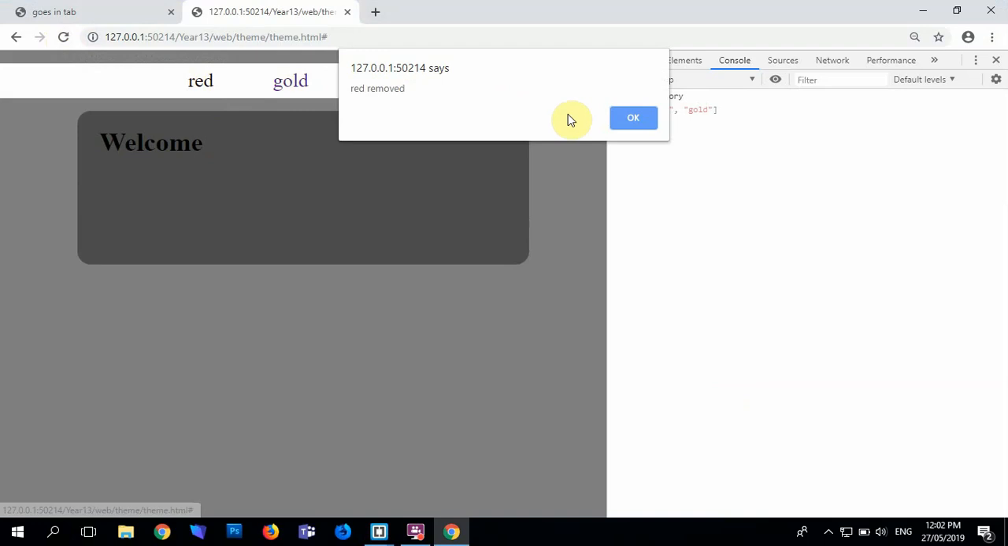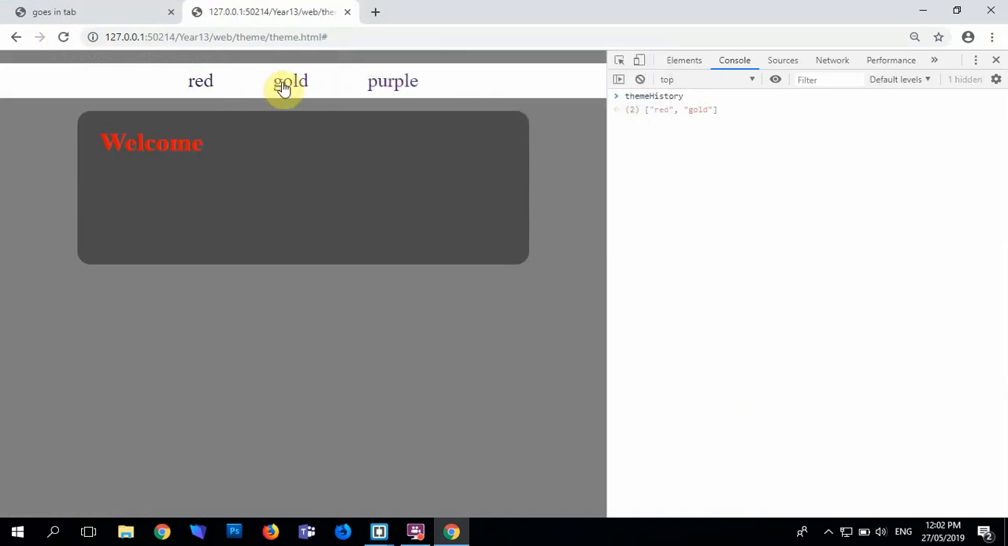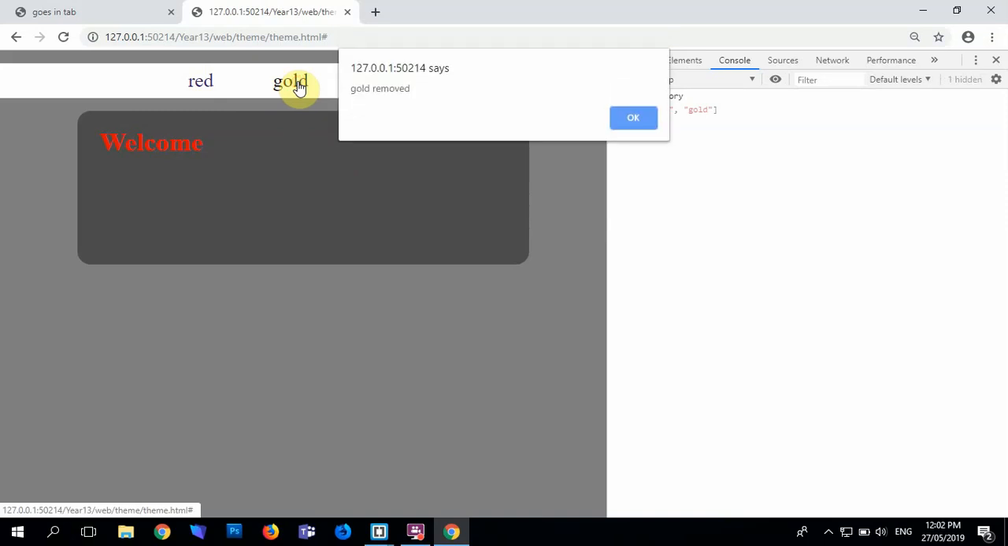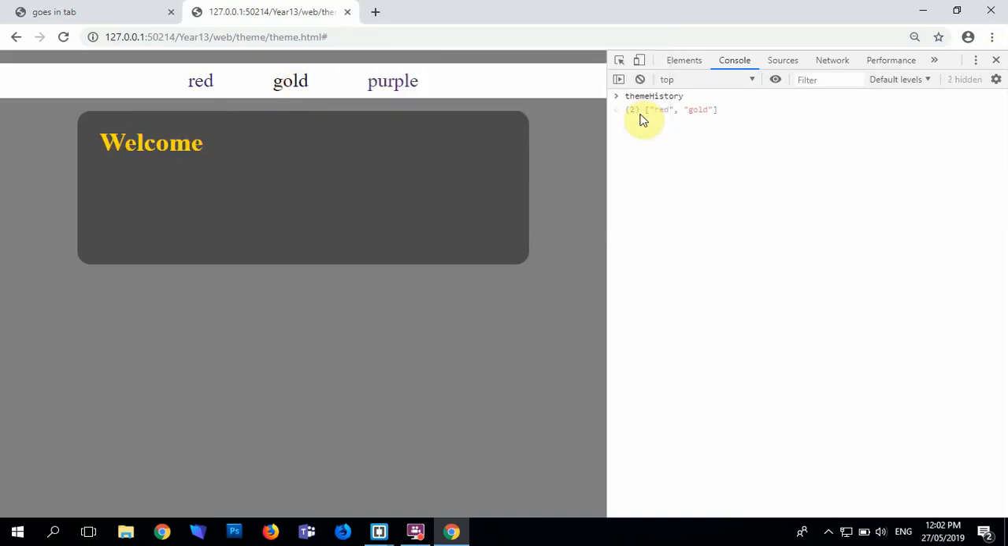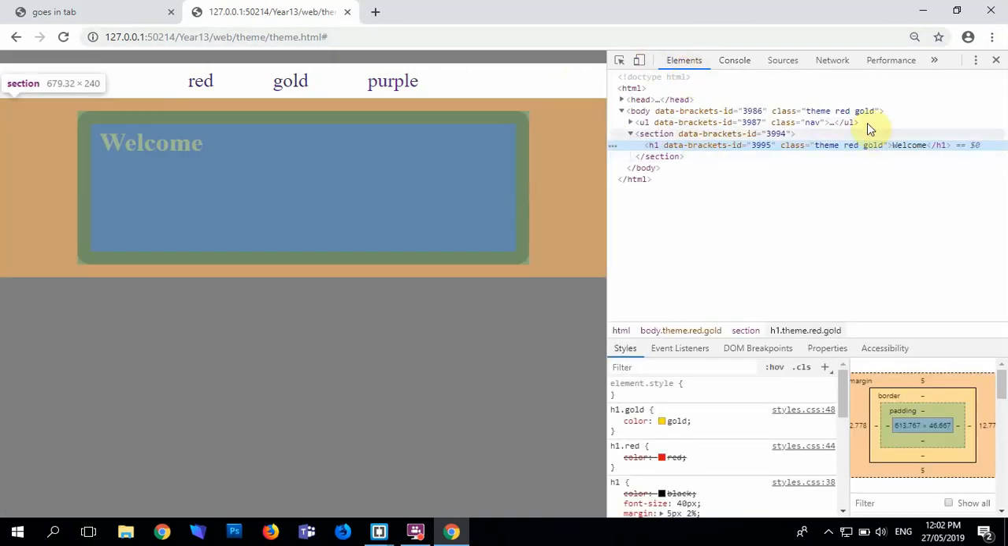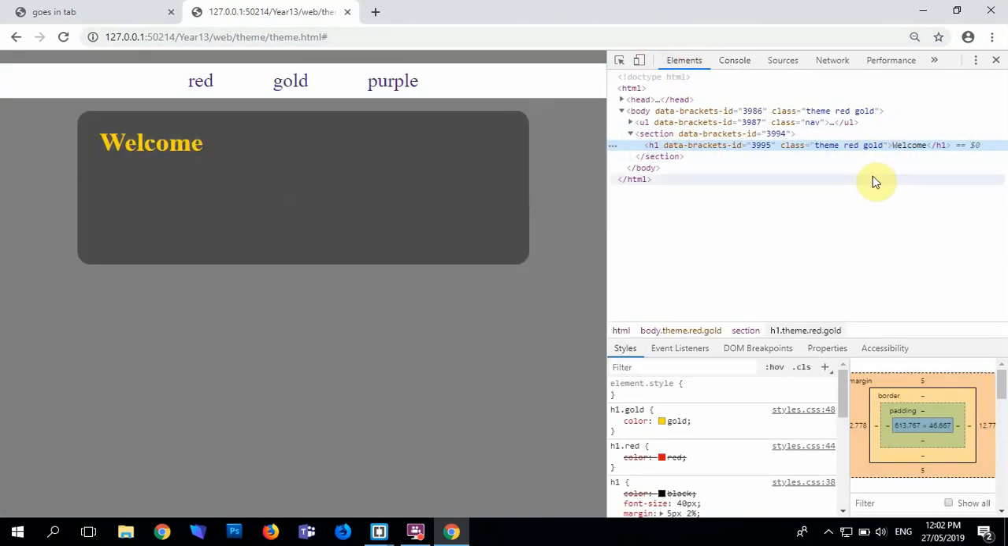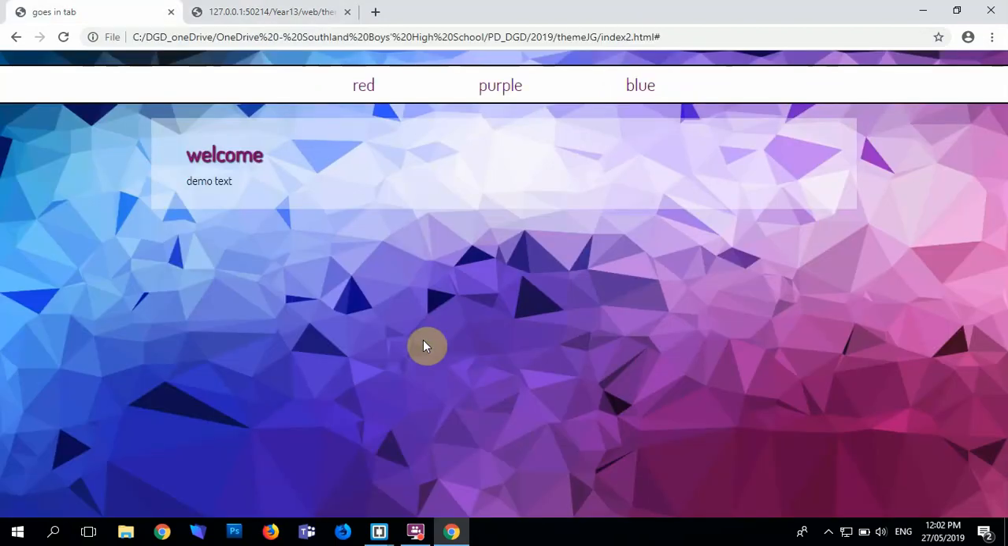Red. Red removed. Oh, because I clicked it that many times. Gold removed. Oh yeah, because it's for each item that has it. It says it's removing it, but it is not doing it. Alright, hold on, wee tick. Right,